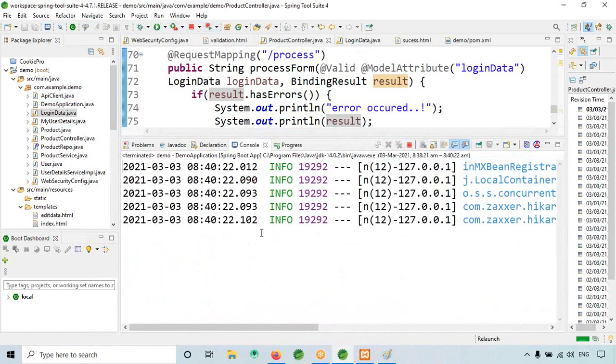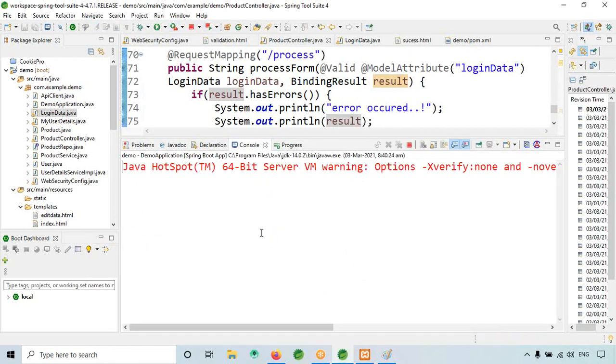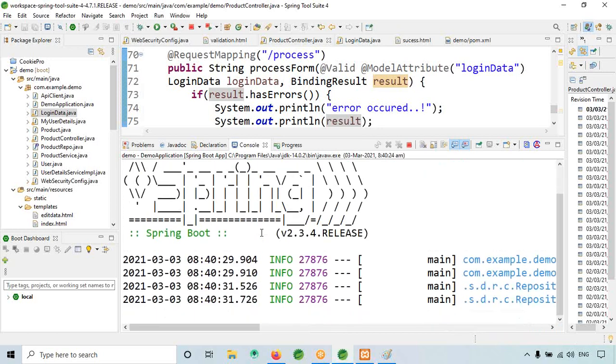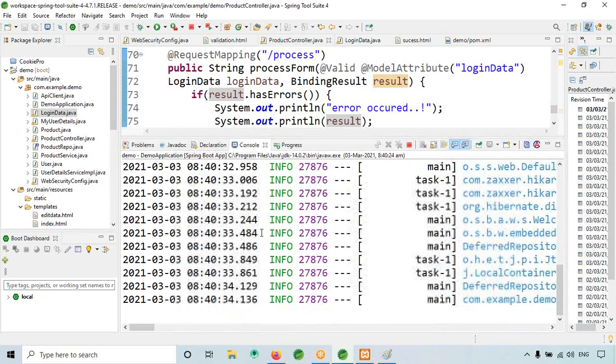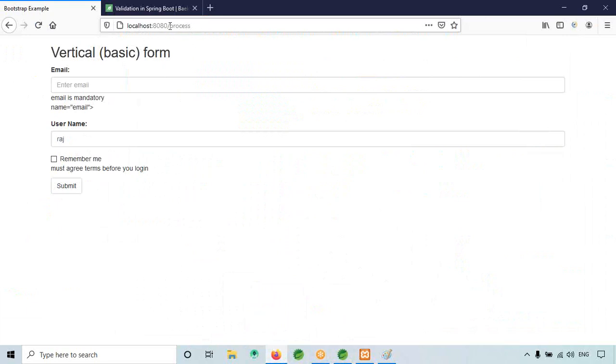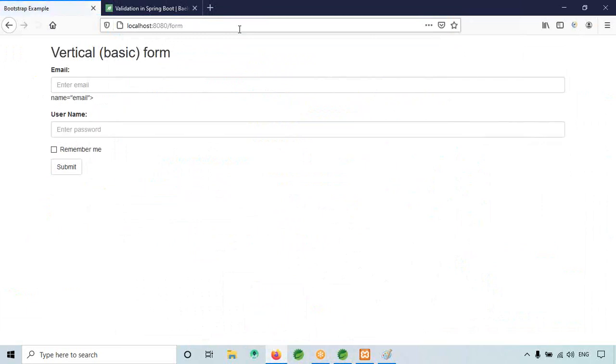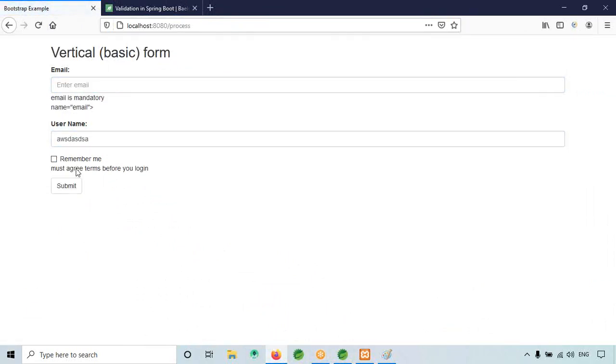Let me rerun. Give some random value, submit. Okay, so there is some error.